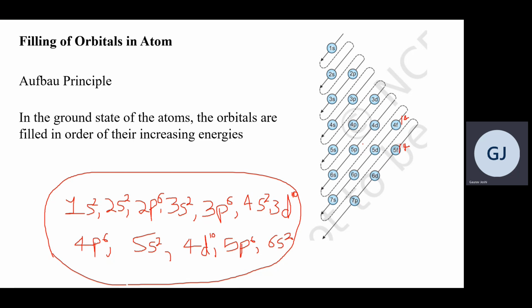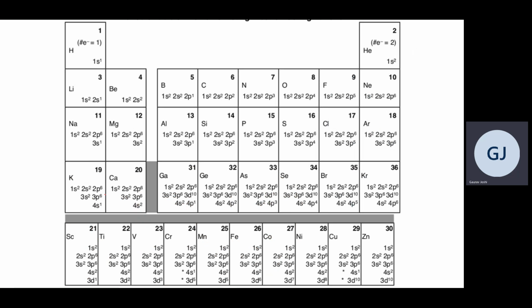So basically we have dealt with two major rules. One is the Aufbau principle, which tells you the order of increasing energies in which to fill the electrons. The second is Hund's rule, which tells you that each subshell is filled with a single electron first, and only when we are left with more electrons do we fill the second electron there. So on the basis of these two rules, we will now try to solve some problems.